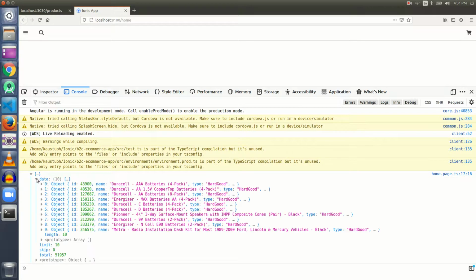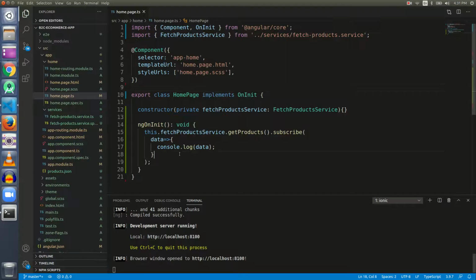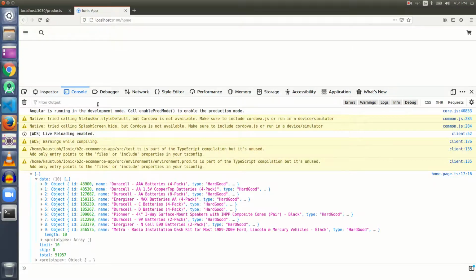This is the data that we are receiving as the page loads. Why? Because our data is written inside ngOnInit, that is inside the home page class. So as soon as the home page loads, the data fetching logic executes and we get the data over the API. We have displayed this data using console log, and that's why we are able to see it here.